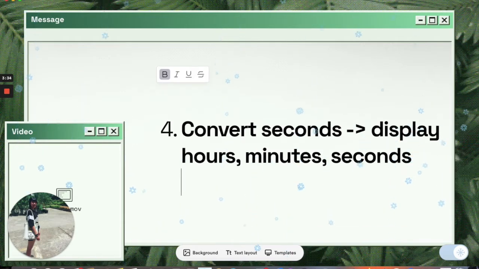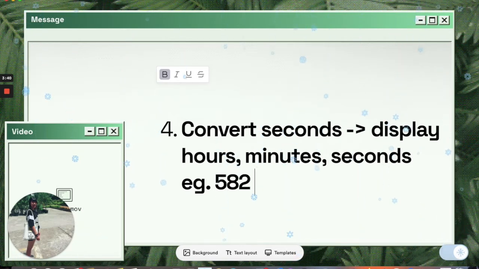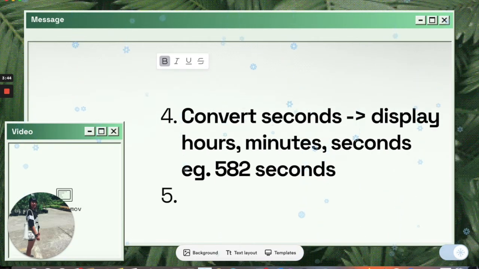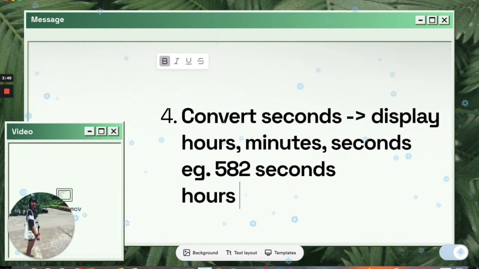So how we can do that is, for example, we can say 582 seconds, and by converting 582 seconds to hours, we can do